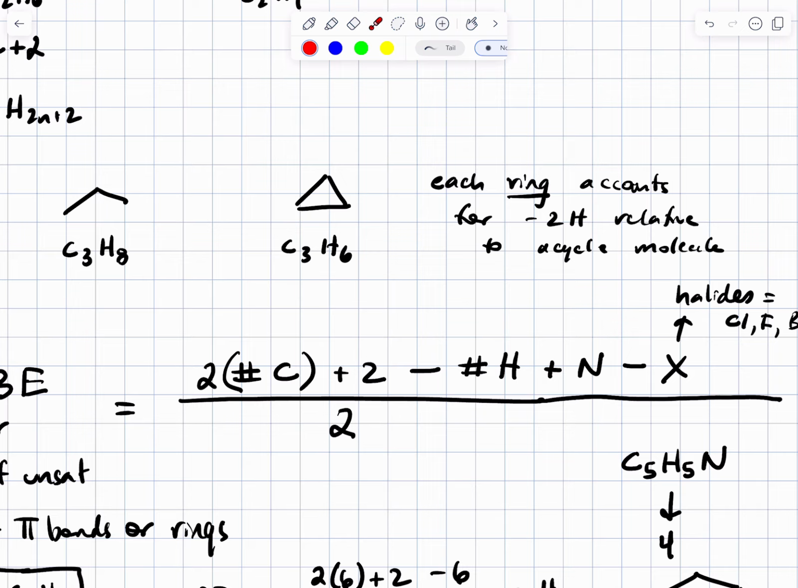Because every time you introduce an oxygen to a molecule, if it's just an OH group with no double bonds, you pull the hydrogen off, the oxygen goes on, and then the oxygen is bonded to a hydrogen. Okay,